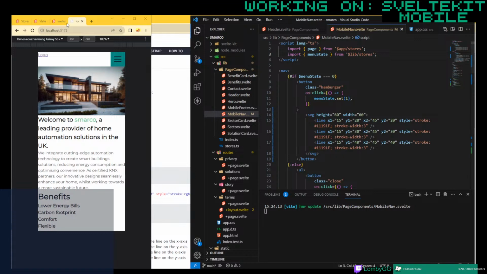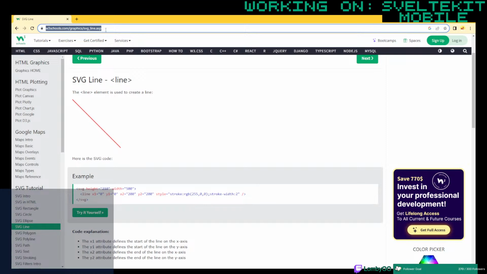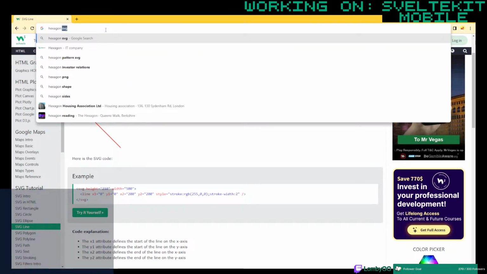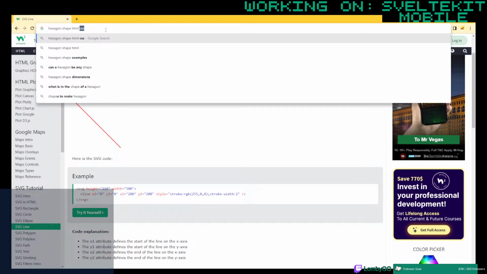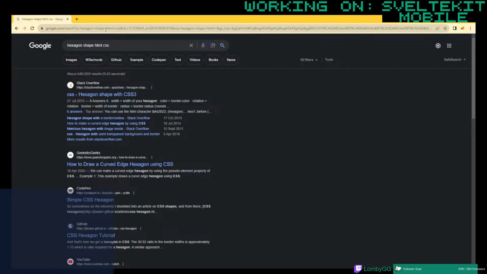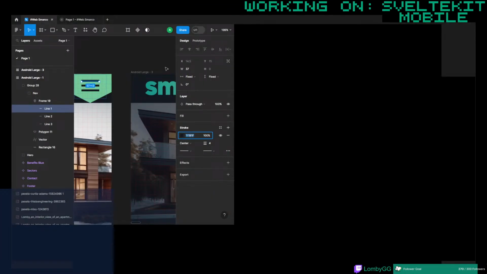So the next thing I want to do is figure out how to do a hexagon shape in HTML. Let's just see what this comes up with. I want to make a simple hexagon, right? CSS hexagon tutorial. Let's have a look at some of these, because in a lot of our design, we've gone with like a hexagon based